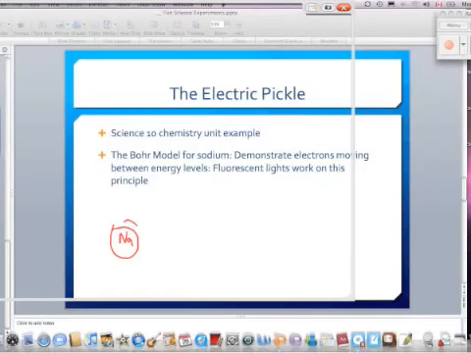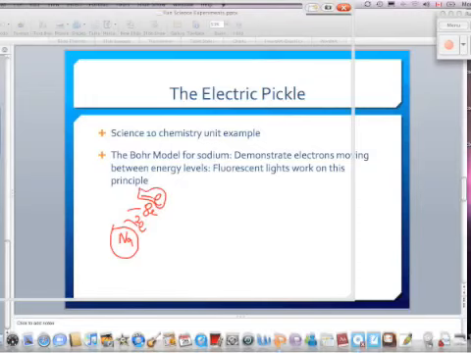And it's got 2 electrons in the first energy level. It's got 8 in the second energy level. And 1 lone guy out here in the third energy level. And what happens with this experiment is this last guy in the valence level, when you plug the pickle into the wall,